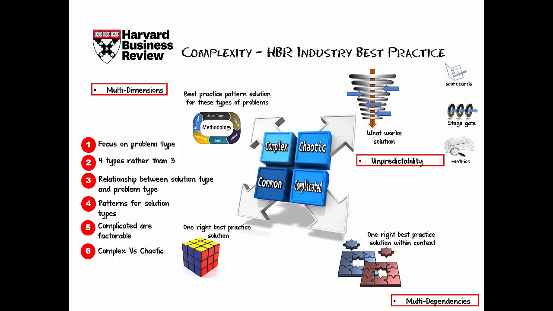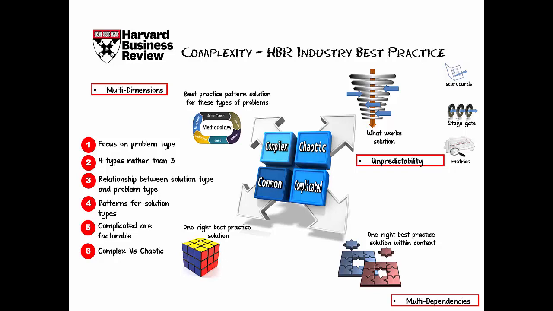can we replicate that process, or is it worth replicating? Because are the inputs or the factors coming into the process going to be similar? And if they are, then we can possibly replicate it. And so we use metrics. We have the stage gates concept, which says that basically it's a moving target. That's why you see it as a spiral here. It's a moving target where we're constantly assessing